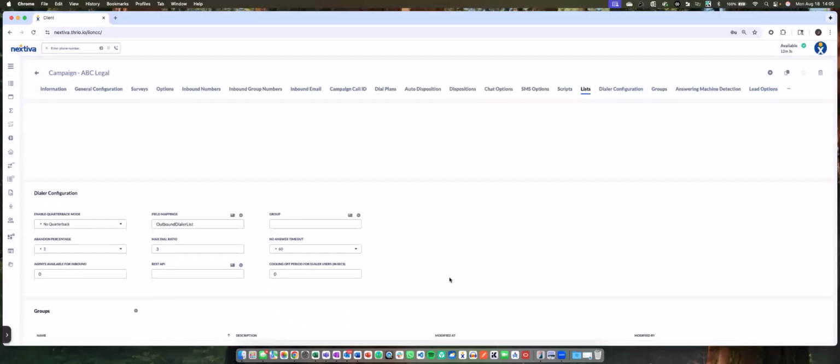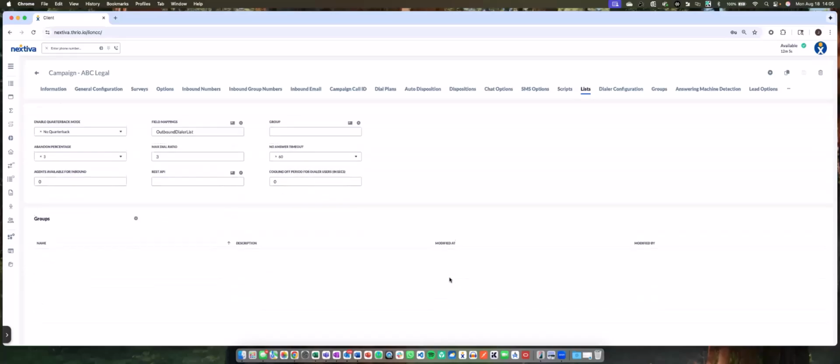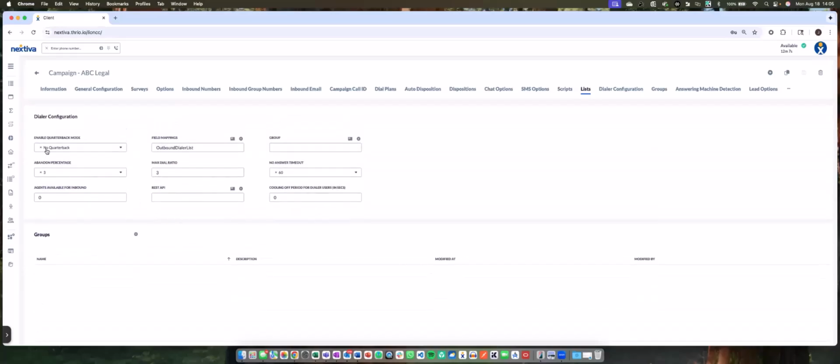As far as the dialer is concerned, I have a slew of different options. We have the ability to enable quarterback mode. And what does quarterback mode mean? Quarterback mode is human intervention. This gets us past a lot of TCPA requirements, because every single interaction will be sent to that quarterback, i.e. a supervisor or a manager or even an administrator.